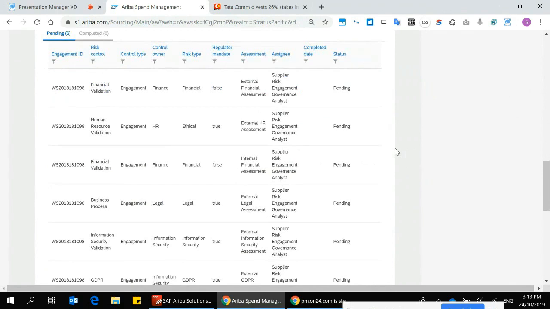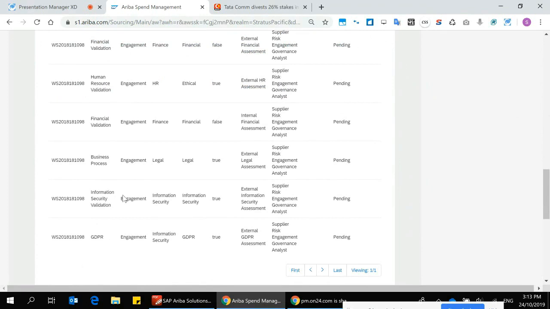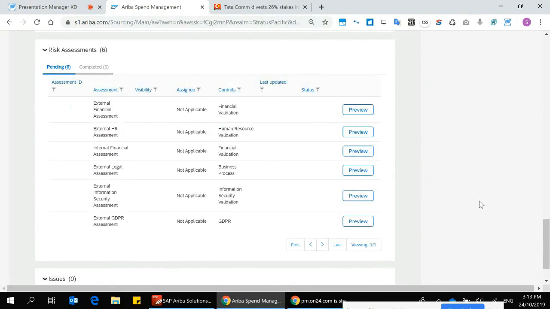So whenever somebody in the organisation says, okay, we're potentially running a tender for Tata, so we're going to run an engagement risk process, that process needs to have all of these risk controls taken into account. We're looking at financial, human resource, business process, information security, and all of these controls will automatically determine that there needs to be a number of risk assessments entered.